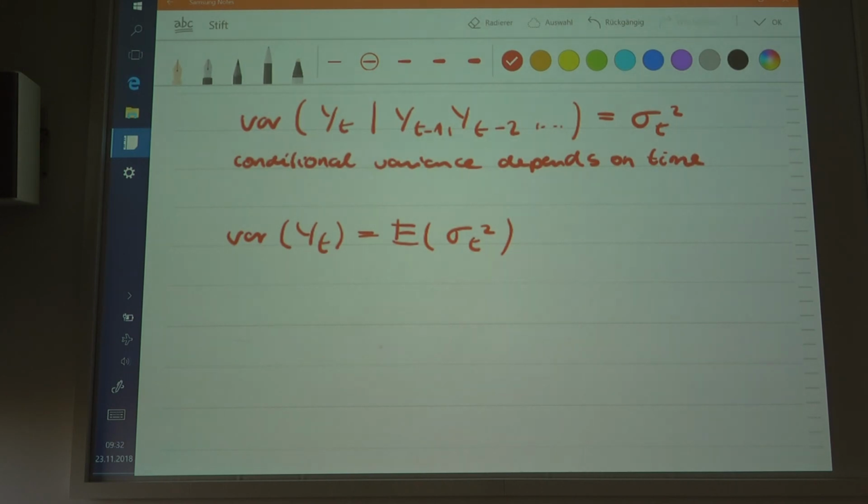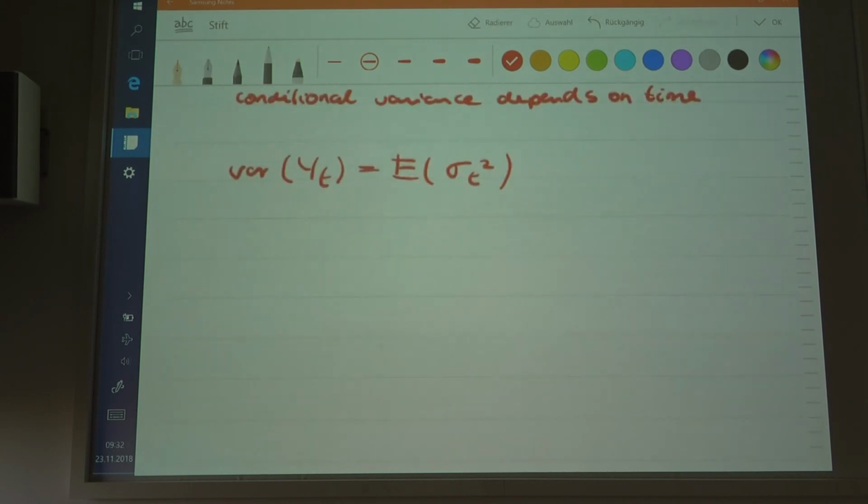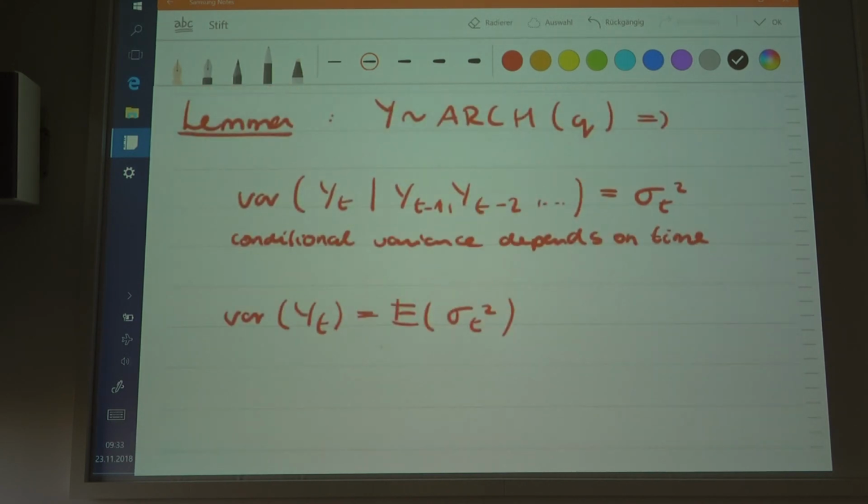All right. So how would you capture the conditional variance of the process? Let me just illustrate why this is, because that's important. And that's how you would basically